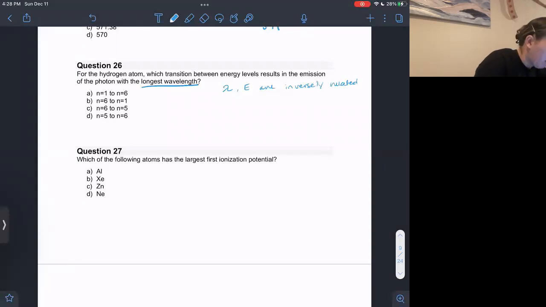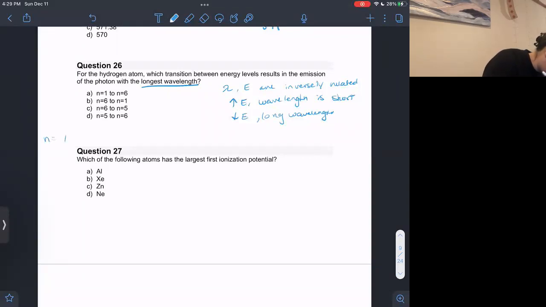So if I have a high energy, my wavelength is short. So that's like one of my gamma rays. So if I have a long wavelength, then my energy is going to be low. So if my energy is low, I want a small transition. So I can either go from